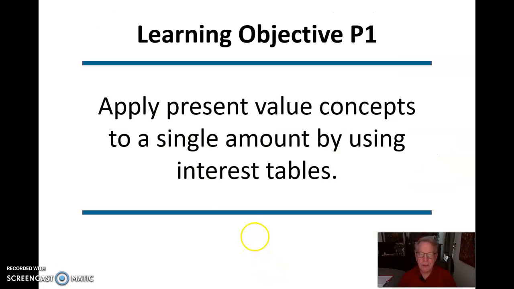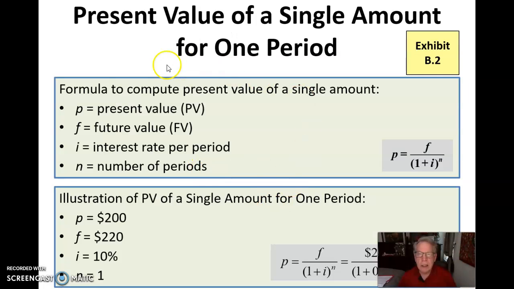Okay, let's take a look at this. We have a single amount that we can use interest tables for, and here is the formula. These formulas are a little complex. I think you saw the Steve's Way calculation. I believe those are a lot easier, but these work beautifully too if you want to get behind them. Here, P stands for present value, F for future value, I for interest, and N for the number of periods. Pretty universal